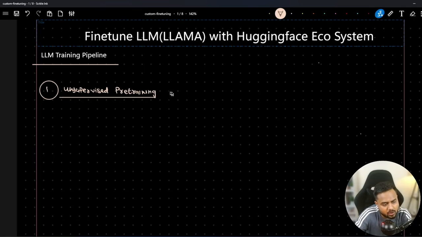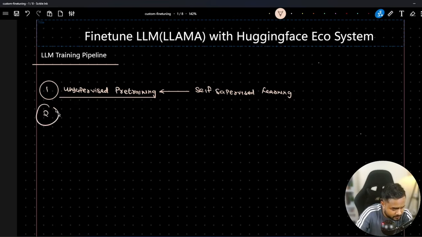Now this is also called self-supervised learning. Now the second stage is called SFT. Okay, this is very important. SFT. Now what's the full form of this SFT? It is called supervised